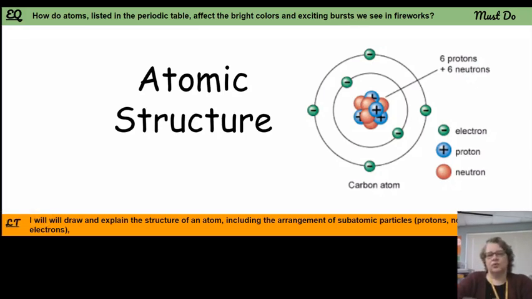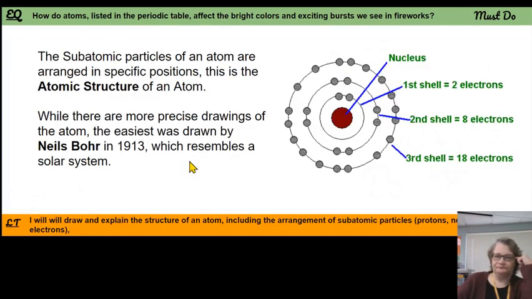So we learned about the particles that are in an atom. Now we need to look at how those things are structured to make a specific atom, right? The subatomic particles of an atom are arranged in specific positions. This is the atomic structure of an atom, right? So you learned before that protons are in the nucleus,